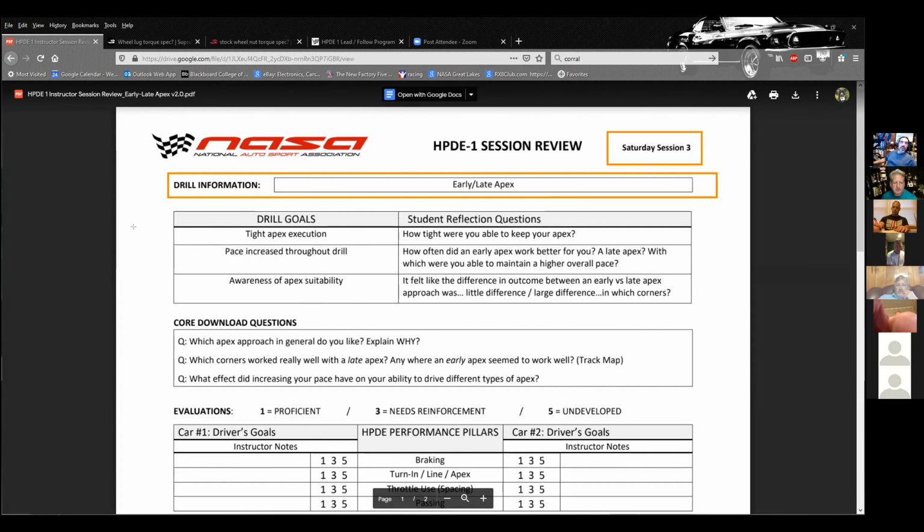So that's your quick and dirty reminder, like what's the drill? Oh, right, early late Apex. If you've done this a bunch of times, you're like, I know that drill and I'm ready to go. If you haven't done it a bunch of times, that's when you whip out your drill descriptions. You're like, okay, what the heck does this mean? Got it. And there's a full description there. I'm probably going to mention this a bunch of times, but if for whatever reason you don't get to look at the drill description, or you're looking at this and there are questions, you don't understand what you're looking at,